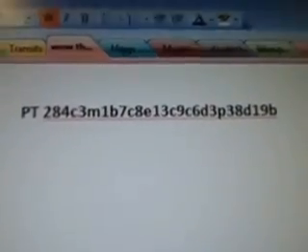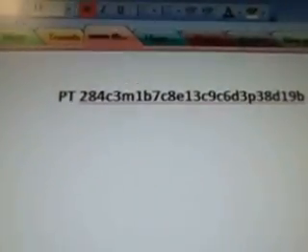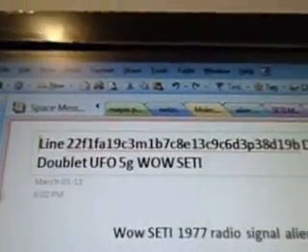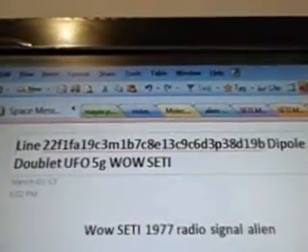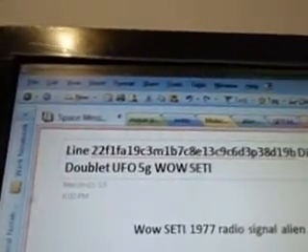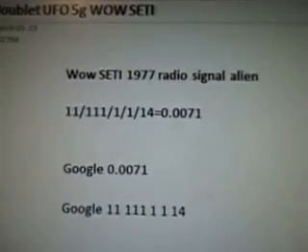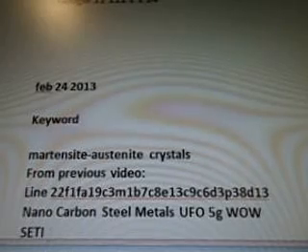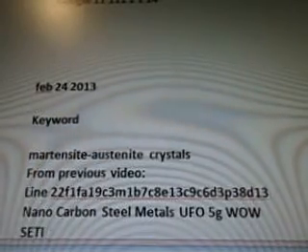So this is part 284C3M1b7C8E13C9C6D3P38D19b. It's line 22f1fa19C3M1b7C8E13C9C6D3P38D19b. Dipole antenna, doublet, UFO 5G Wow Seti. And there's the alien radio signal. And here's our data here. Okay. So, this is about a dipole antenna for a long-distance communication deep space device for a UFO spaceship found